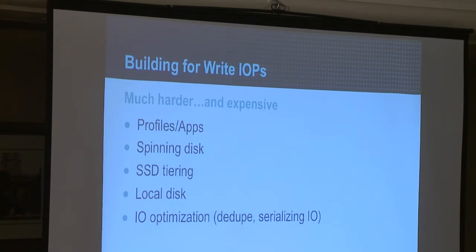So what I find is much harder and more expensive is really building for the write I/O. And I think that if you're ignoring your profile and application layer, you're probably going to have some surprises, relating back to how people fail. If you're ignoring profiles and apps, you might not reach some of the OpEx advantages you were hoping to deliver with VDI. But additionally, if you're bringing down roaming profiles to your VDI solution, you're creating a lot of write I/O for each user that logs in.